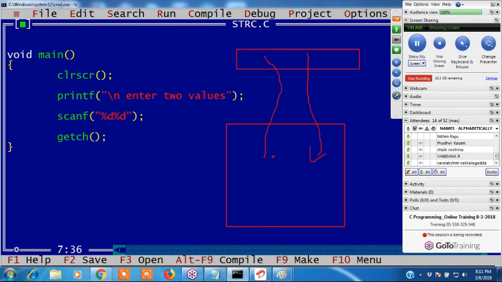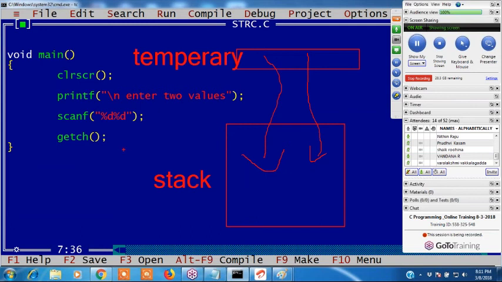Are you following? First stored in the buffer area. Buffer memory, this is called temporary memory. Buffer memory means you know this. Temporary memory is called buffer. From that temporary memory, it goes to the stack area, right? Okay, now what will happen if I take 10 and 20? 10 value goes, if any variables are there, those variables stored in those locations.